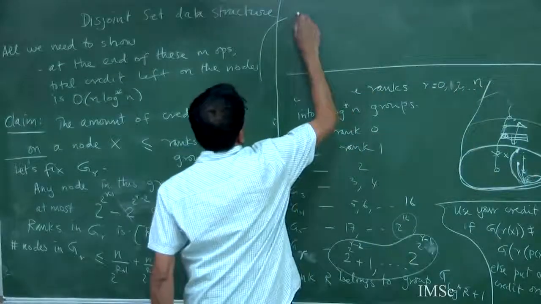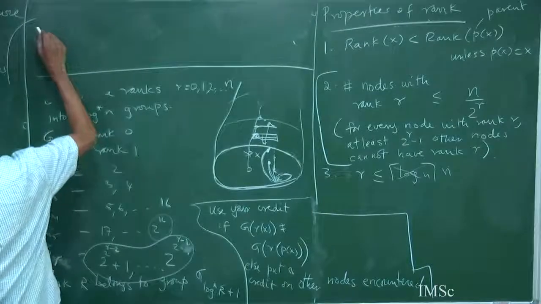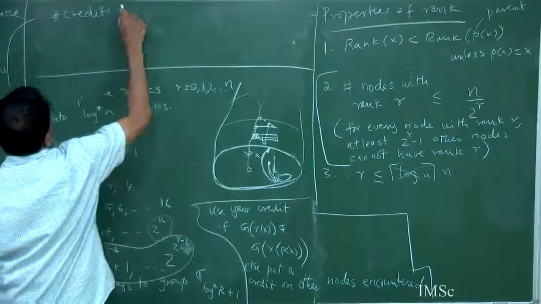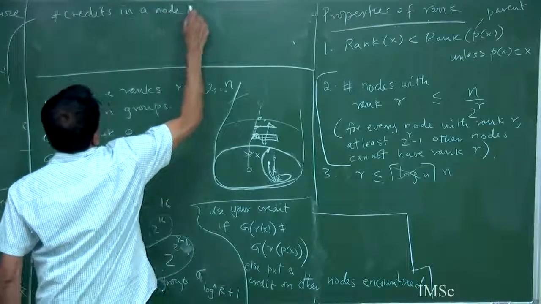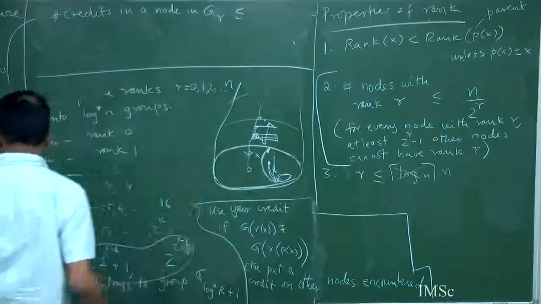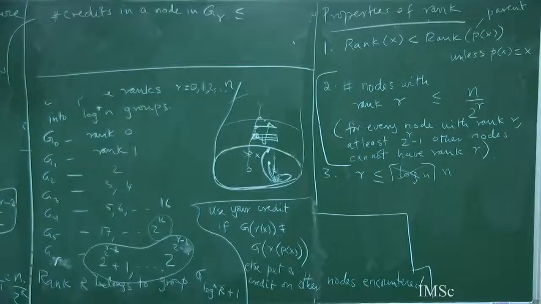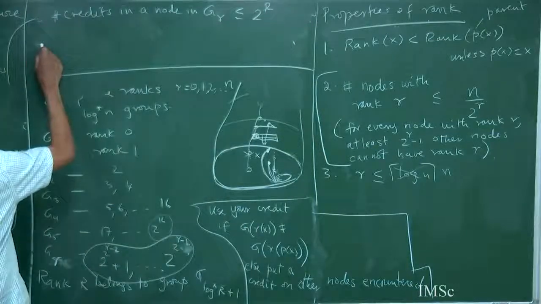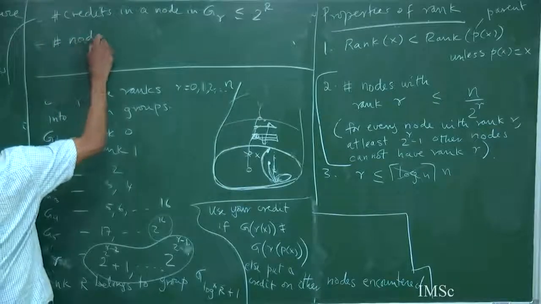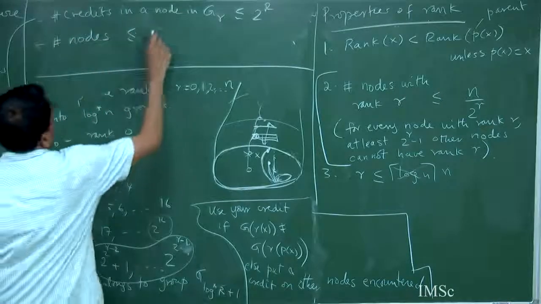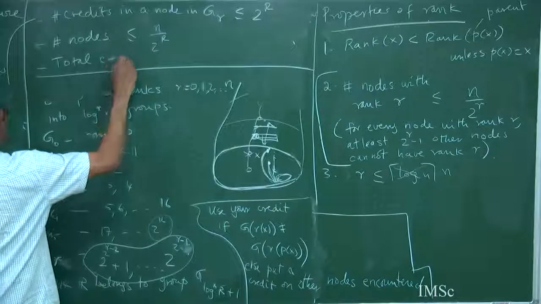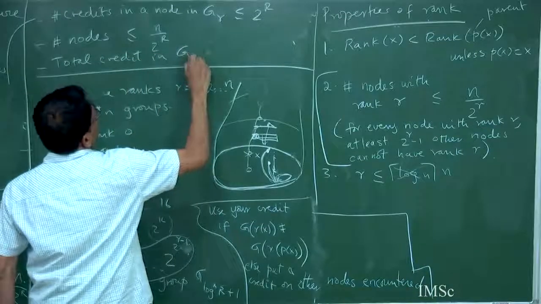So what is my claim? The number of credits in a node in G_R is at most the number of ranks, and the number of ranks is 2 power r minus r. So I'm going to write it as 2 power r. The number of nodes is at most n by 2 power r. So the total credit in your group G_R is at most